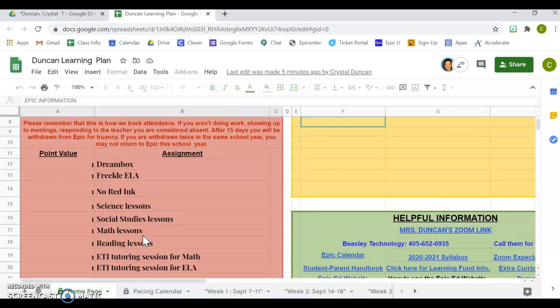So, these are going to be different for each student, depending on what programs they are working on and what goals we are trying to meet with each student. So for this example, we have Dreambox. If you complete your Dreambox requirement, you're going to earn 1 point. If you complete your Freckle ELA requirement, you will earn the next point. If you complete your No Red Ink assignments, then you'll earn that point. You complete all of your science lessons and you'll earn that